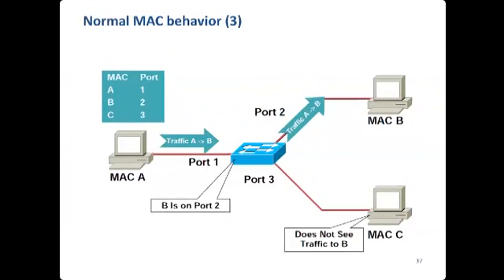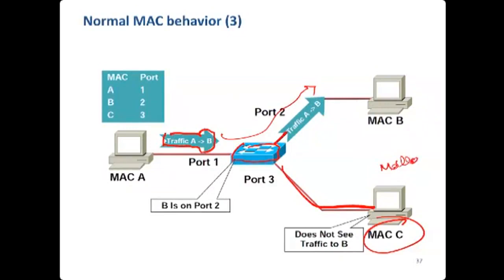Now next time A wants to send something to B, the switch knows that B is at port 2, so it will send the packet to that side. Good. So what will happen is that this important packet A is sending to B is not seen by this guy, MAC C, which can be malicious, a Mallory can be there. All right. Now Mallory is interested that she wants to know what's happening between A and B, and wants to read all the packets.